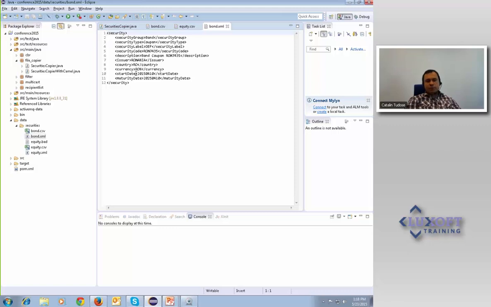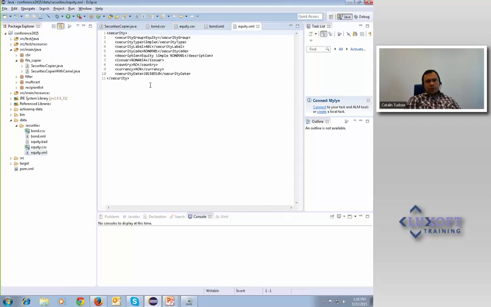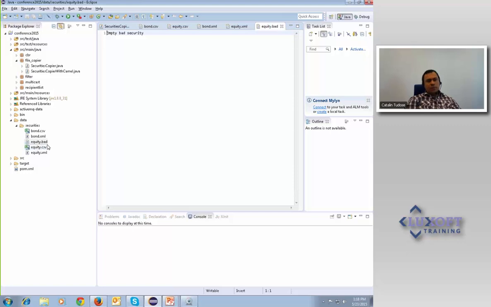This is a very simple and fictitious bond that we have shown here. Also, there is a financial instrument that is called equity that we have prepared here in the CSV format, and also an equity prepared in the XML format. And for our demo, we are going to work with this data and show how it is processed. Also, we have here some bad data that will help us to show how